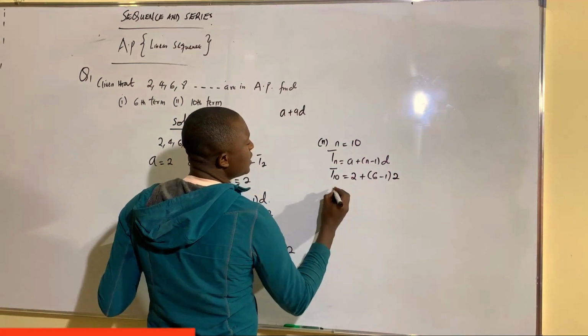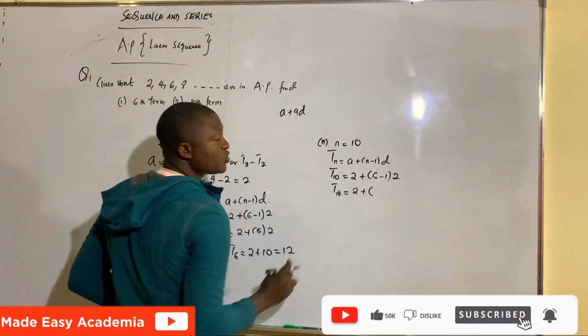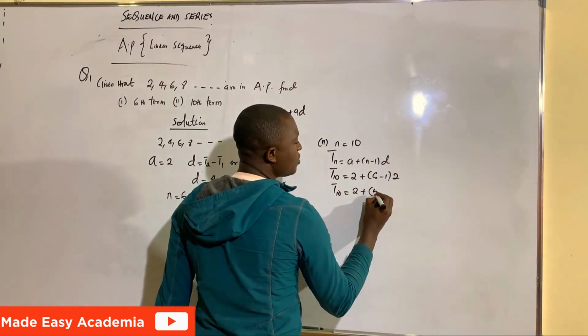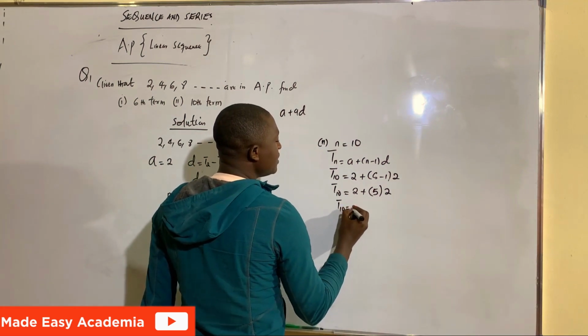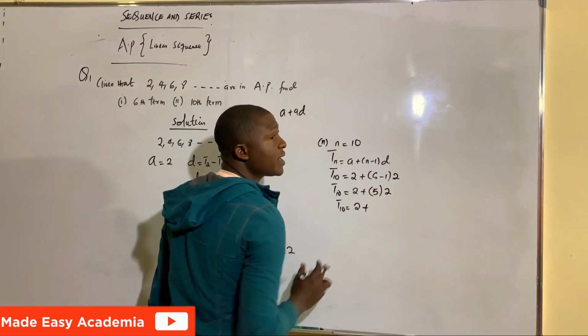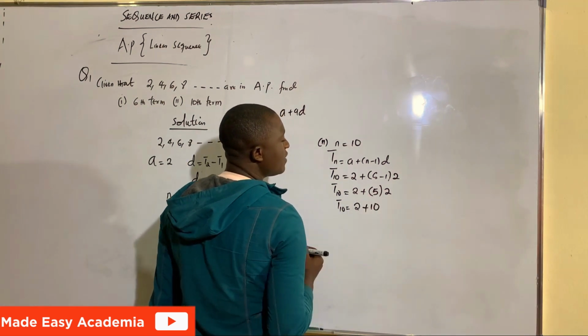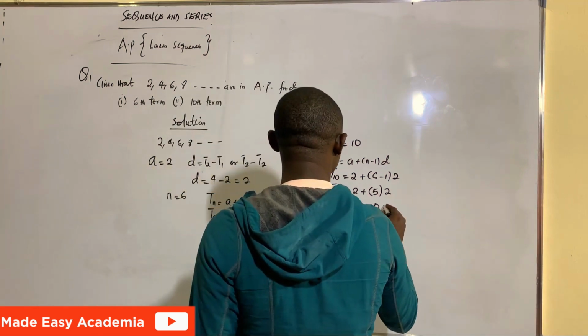So 6 minus 1, we have 5 and 2. Then T10 equal to 2 plus, I told you bracket simply means multiplication. So 5 times 2, that means we are going to have 10. 2 plus 10, that's going to give us